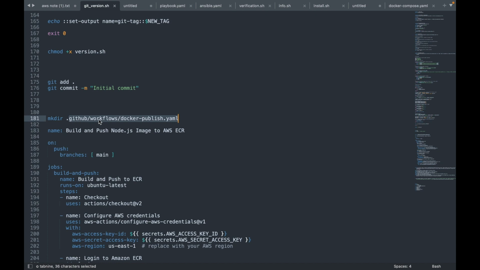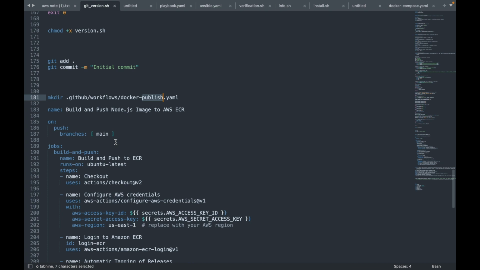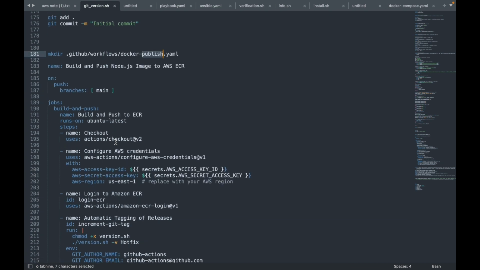We created folders and the YAML file. So this YAML file is a configuration for the GitHub Actions workflow, which I explained before. This workflow is triggered when changes are pushed to the main branch of the repository. So it performs the following tasks: checks out the repository code into a virtual machine running the latest version of Ubuntu,